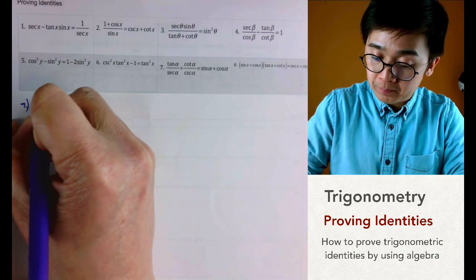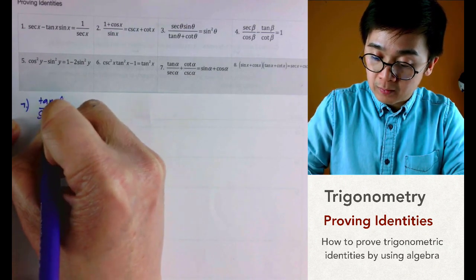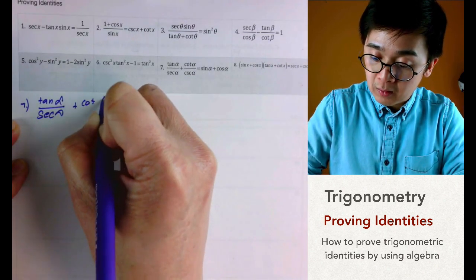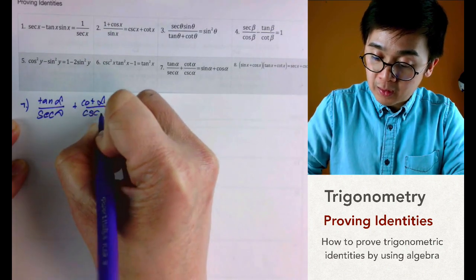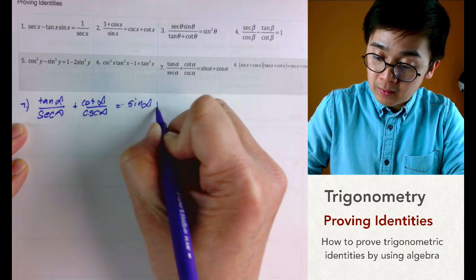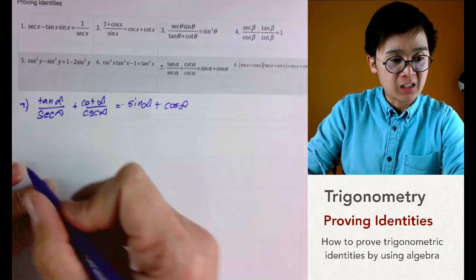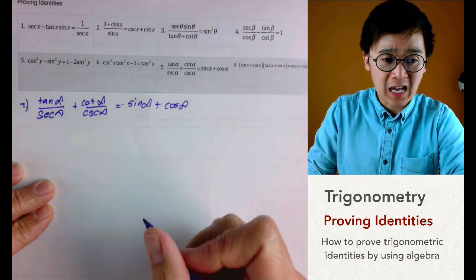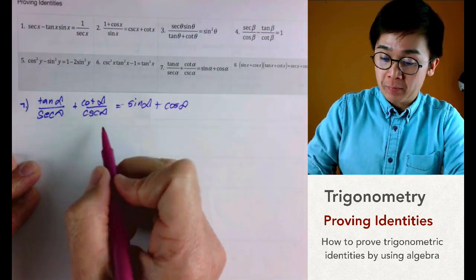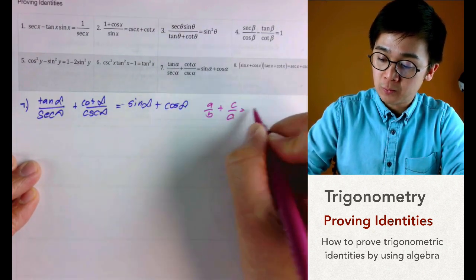So for 7, tangent alpha all over secant alpha plus cotangent alpha all over cosecant alpha equals sine alpha plus cosine alpha. And since I'm not too good at writing alpha, I'll just change alpha into an easier variable. I'll just use x. So by combining this, using again a over b plus c over d, we have AD